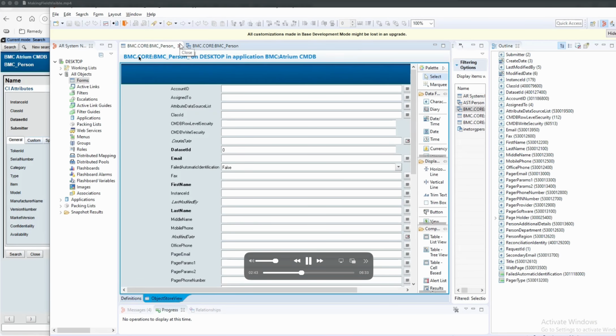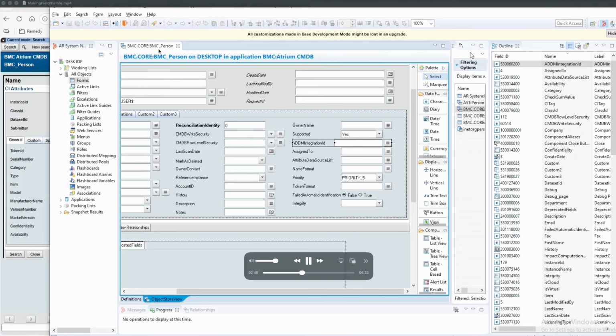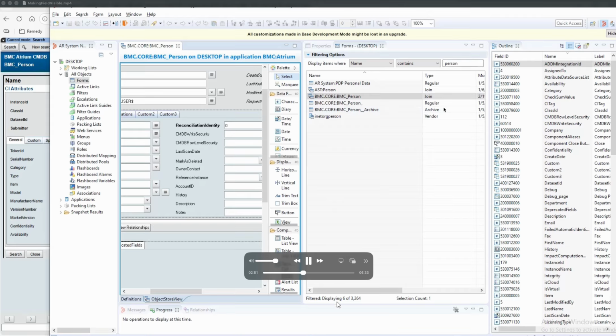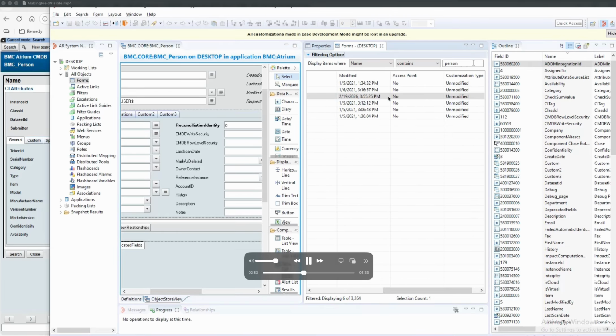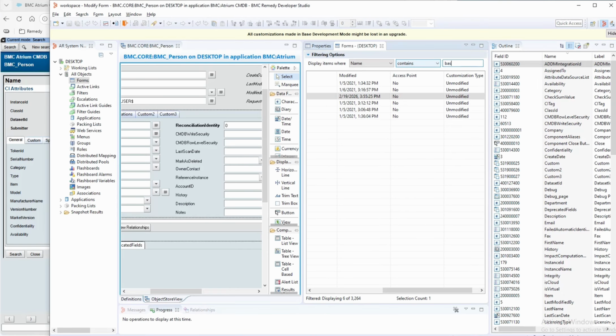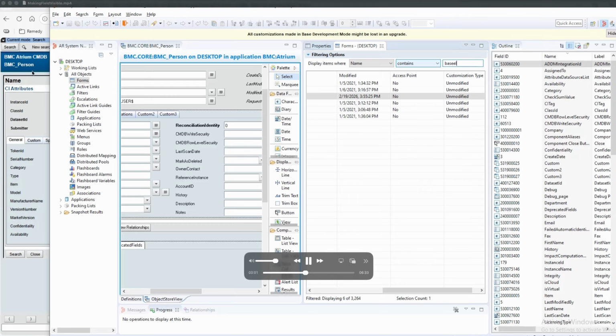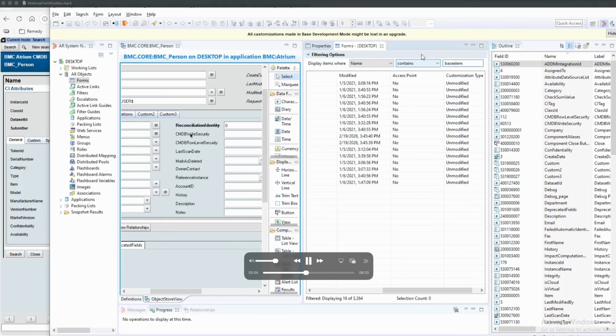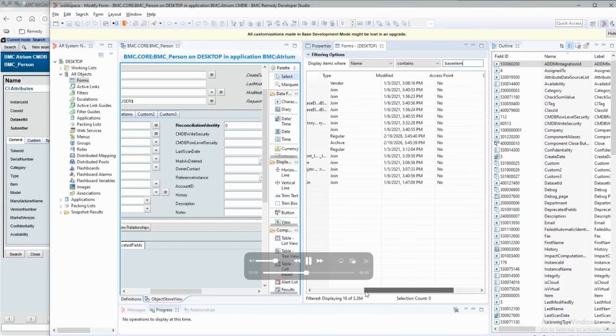So here you have two forms. One is BMC_Person_, and the other one is just BMC Person. It is the BMC Person schema, which is actually a join. And in that join, you will see that there's ADDMIntegrationId listed under fields not in view. So you have to select this form right here